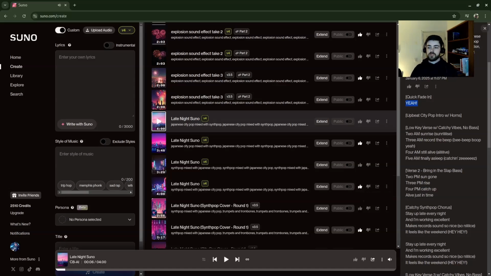Okay, so what this really did, in my opinion, was an upbeat city pop intro, although instead of horns, it did synth lines, which is fine because we tried to combine the city pop genre and the synth pop genre. So I would say it didn't really do horns. It just did a lead with a different synthy instrument, and then the yeah is actually really happening after that. It still sounded good. It's okay.